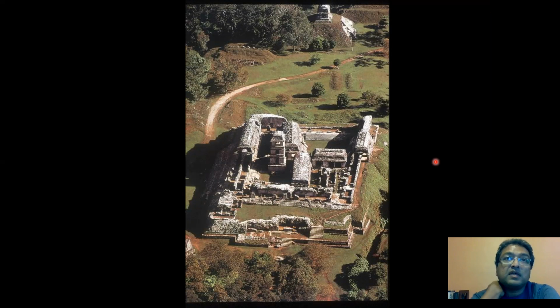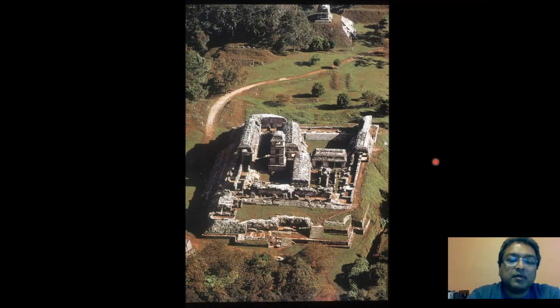And that's one of the interesting things about the Maya. The Maya area had many different Maya cultures and groups. And at no point was the entire Maya area unified under one ruler as one kingdom or one empire. It was always a collection of independent kingdoms. And these kings had alliances with each other, they battled with each other, they traded with each other, but it was never one unified kingdom.